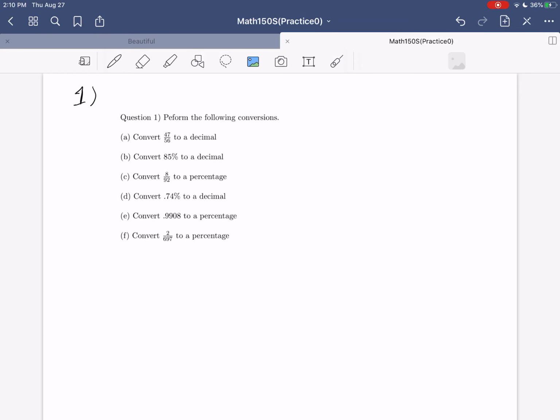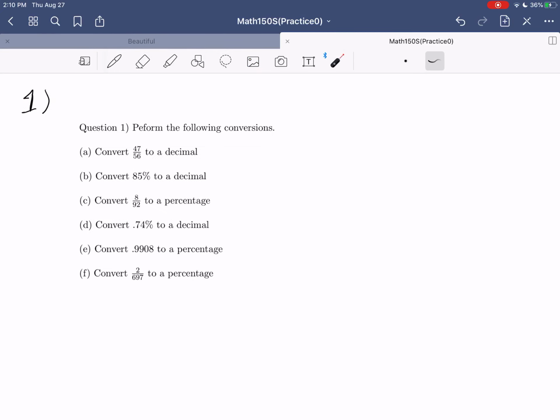All right, so the first thing that we have to do is convert a fraction into a decimal. This should be very straightforward, especially since in our class you are allowed access to a calculator. Remember that a fraction is just notation for a division. So if you want to convert 47 over 56 to a decimal, all you need to do on your calculator is do 47 divided by 56. You should get a long, messy decimal. In our class, the general rule of thumb is to always save 3 decimal places. So we would say 47 over 56 is approximately